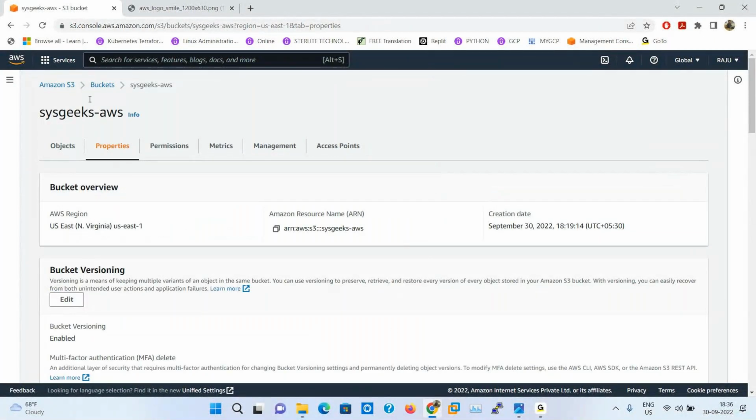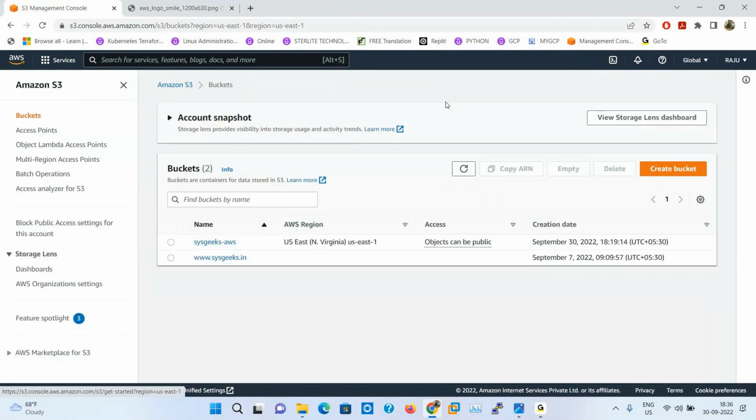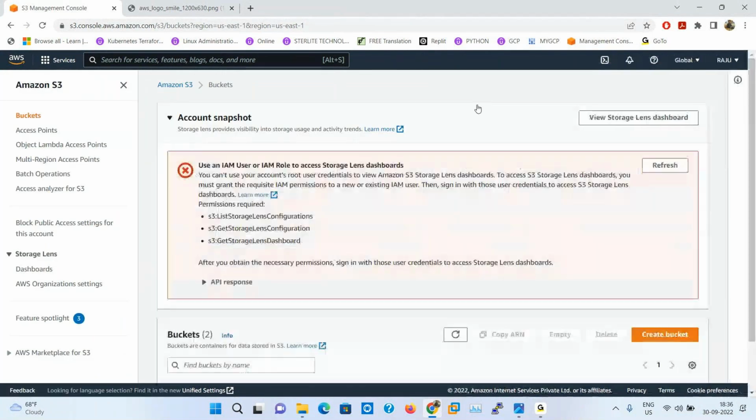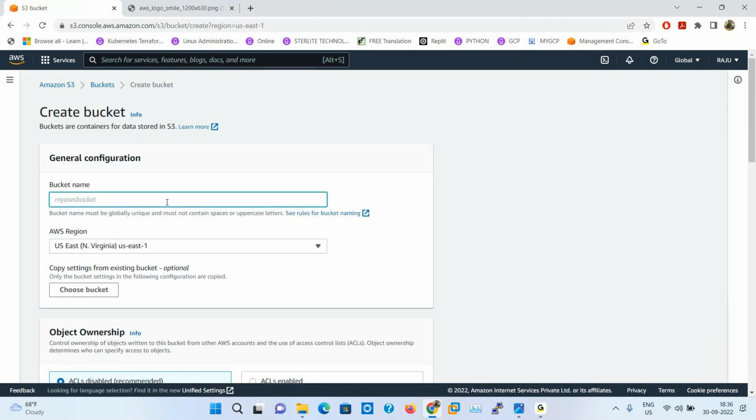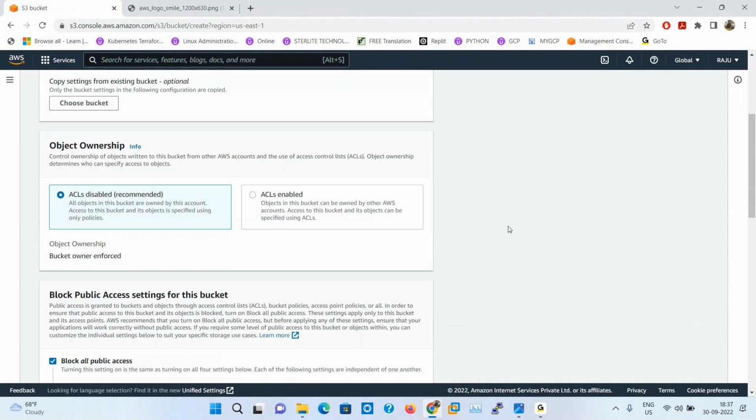For example, first create one bucket. Better, in the environment, create a bucket with your business domain name. For example, I have a domain. My domain name is www.sysgigs.in, because my channel's website is sysgigs.in. Then we are creating the bucket with the same bucket name and ACLs enabled,